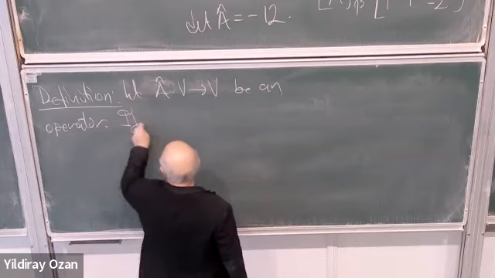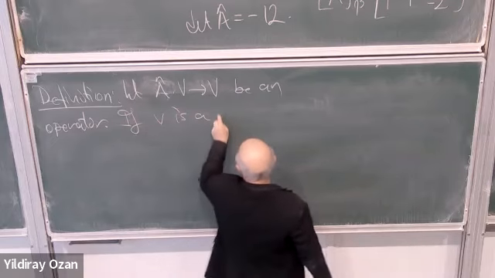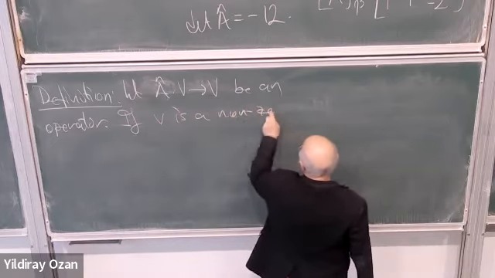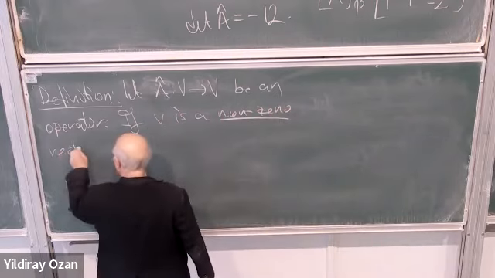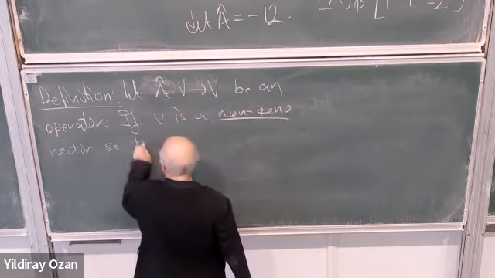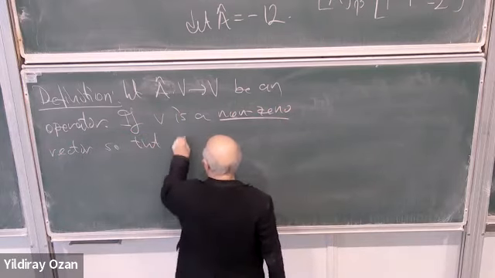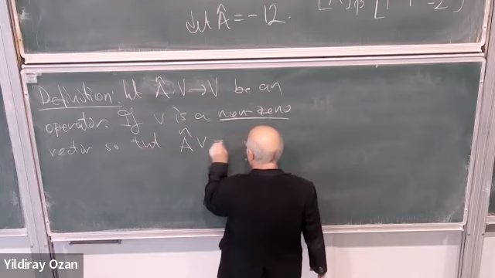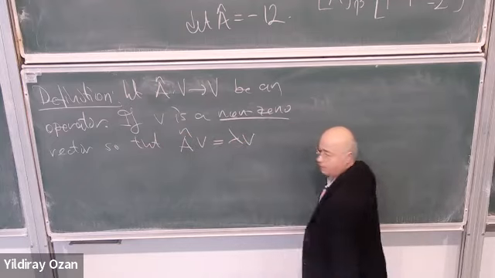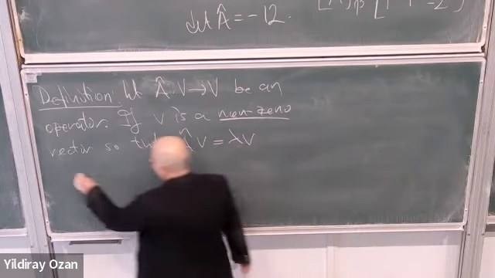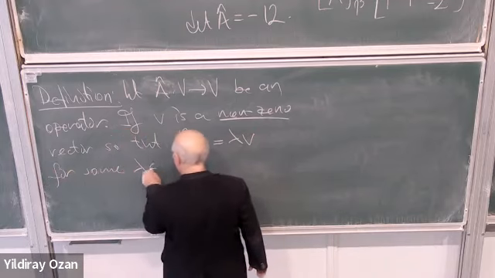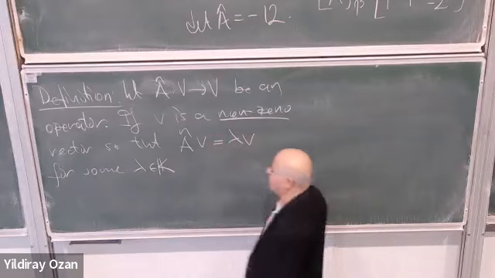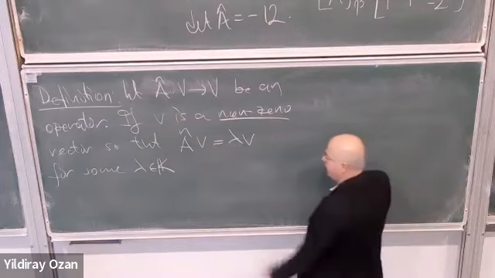If B is a non-zero vector, so that's important, non-zero vector, so that A hat B is equal to lambda times B for some scalar lambda, then